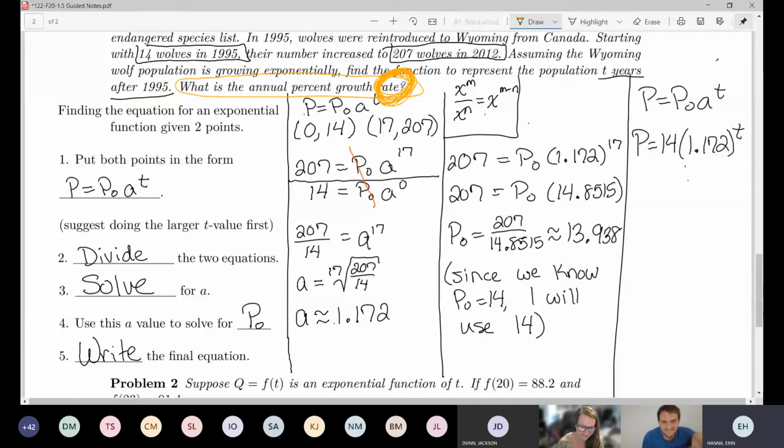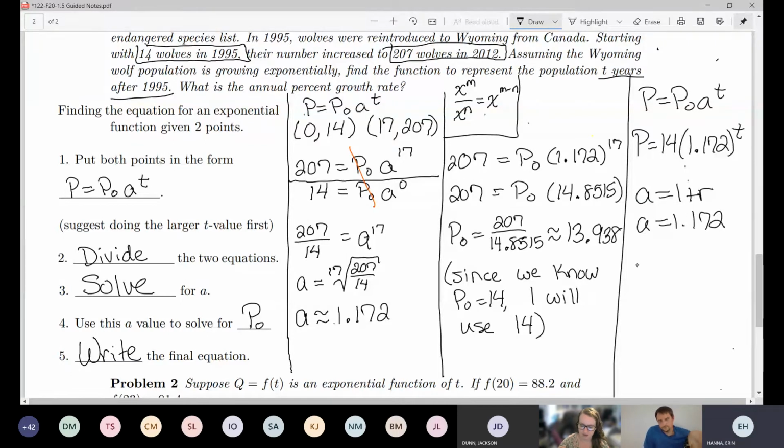Thank you. All right. So we were asked for the annual % growth rate, and now you can't even read the word rate because I circled it too many times. The word rate there should tell you that you're looking for the R value. So the last thing we want to tell them is what the R value is. Well, how do we find R? Well, we have to remember that A is equal to 1 plus R. So if we know that A is 1.172,